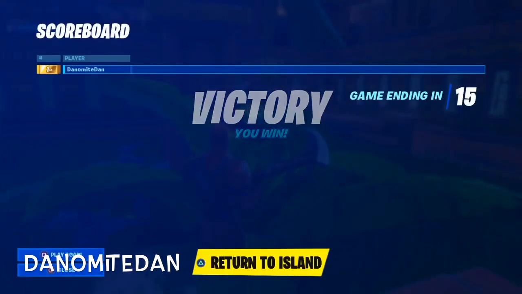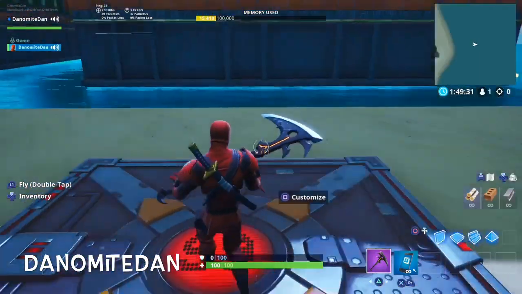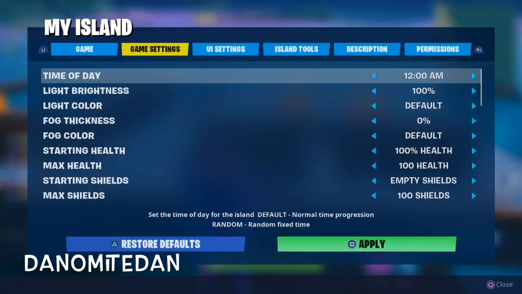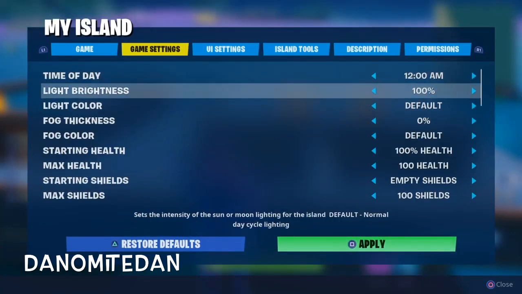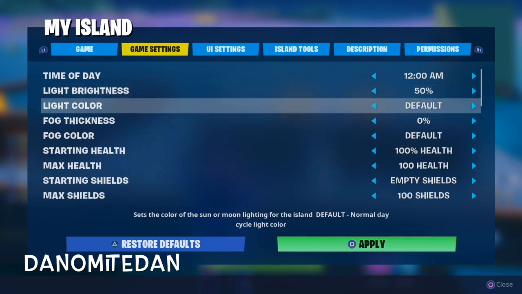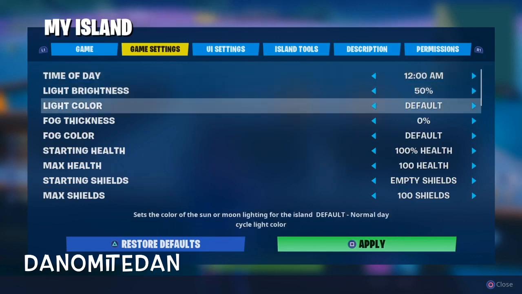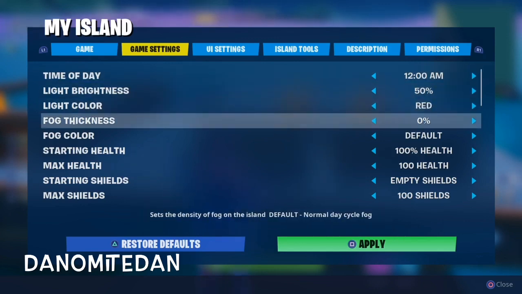And one last thing I do want to show you guys is some things you can do with lighting. Once you've built all this, you can go to My Island, Game Settings, and now with the new Creative Update, you can change light brightness. So if you turn the light down to 50% and I have the time of day set at midnight, and then light color, if you switch it to red, and we'll say maybe 50% fog thickness,